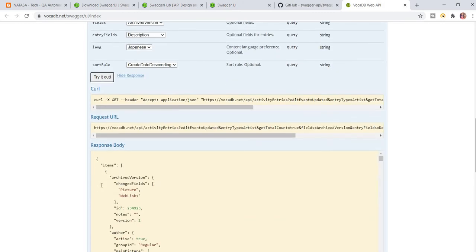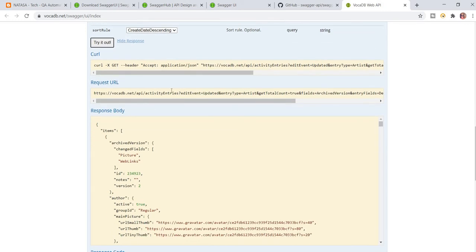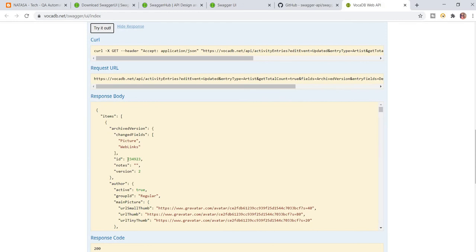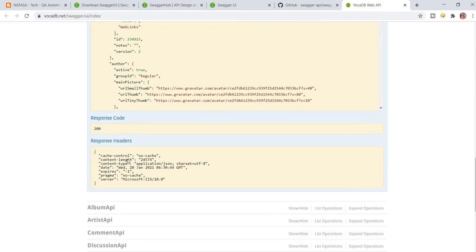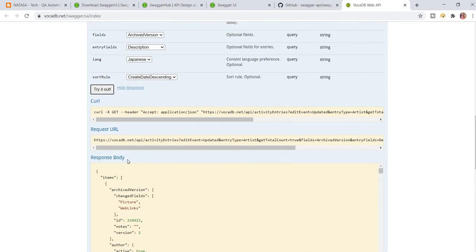After clicking try it out, based on the parameters the code will be generated. So this is the request URL, and this is the response body you are getting. Now I'm going to check whether the same request URL gives the same response body or not. I'm going to check inside Postman. I'm going to copy this request URL.